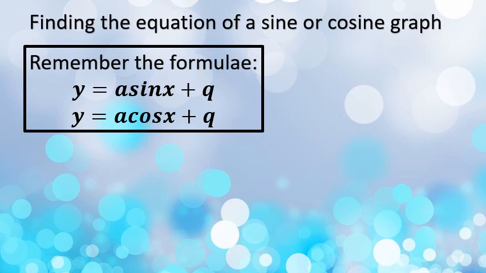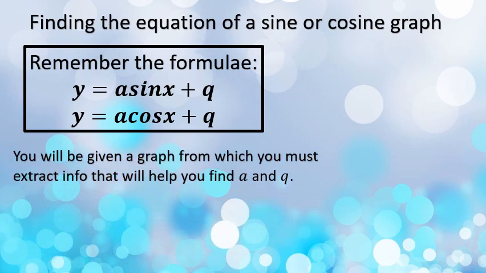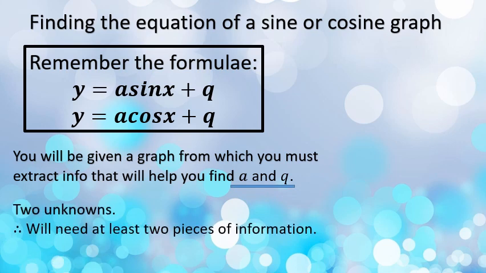Remember that A represents the amplitude, while Q represents a vertical shift. So, if you have to find values to put in the place of A and Q, you will have to be given a graph from which you can extract information that will help you find A and Q. Now, A and Q is a total of two variables, so you're dealing with two unknowns. That means you will need at least two pieces of information that you can substitute in order